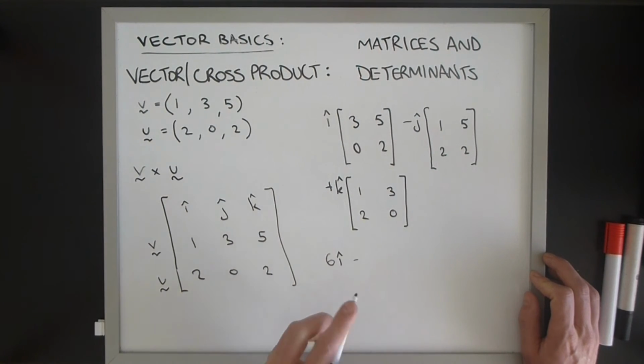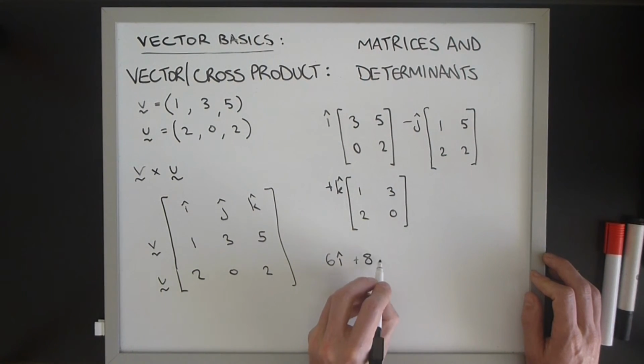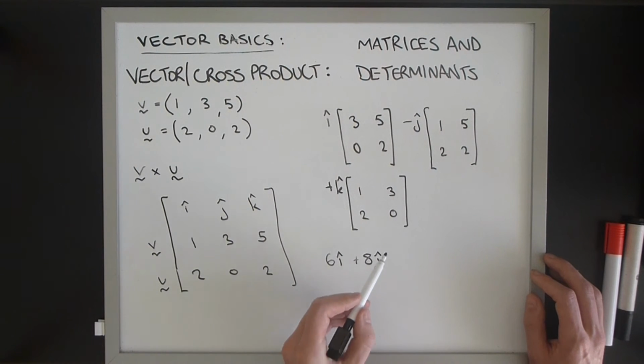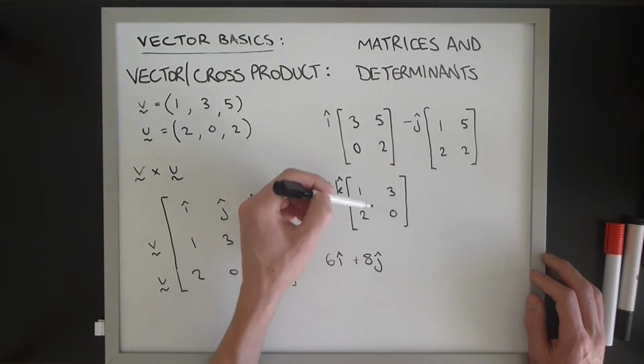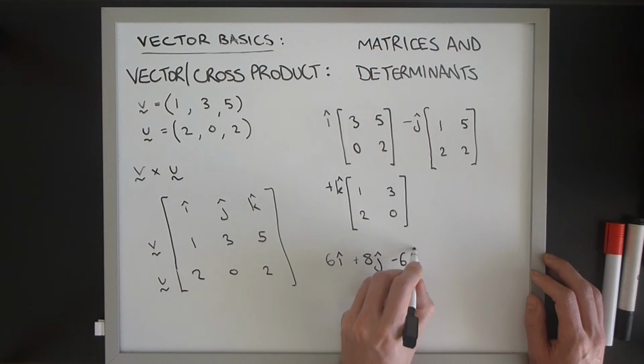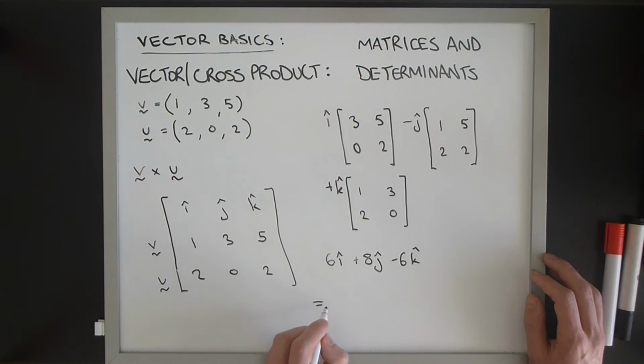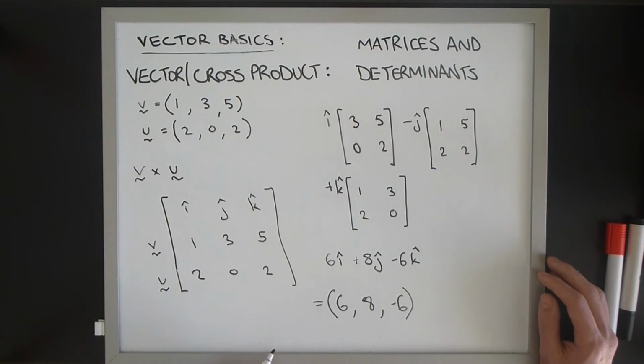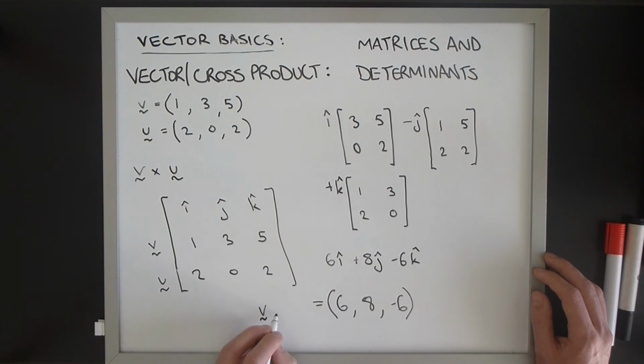So we have plus 8j, and then with k, we have 0 minus 6, which means we have a minus 6k here. Or in standard vector notation, we have 6, 8, and minus 6 as the vector cross product